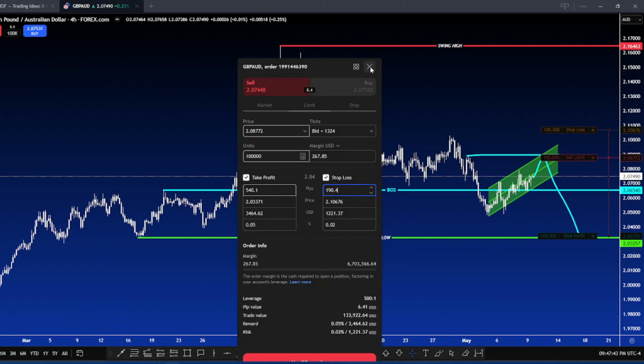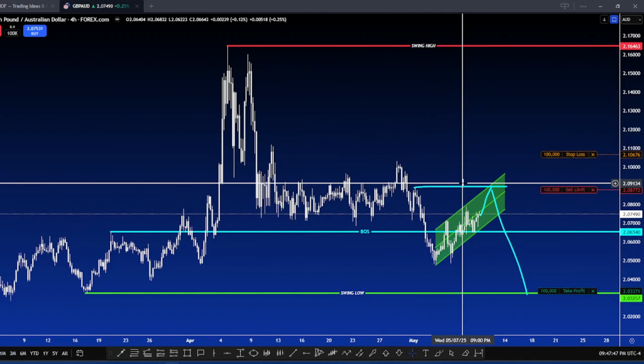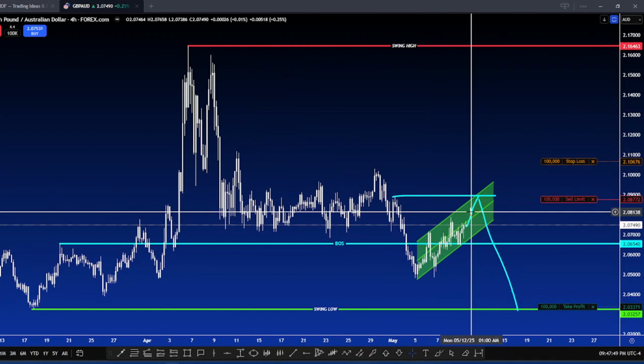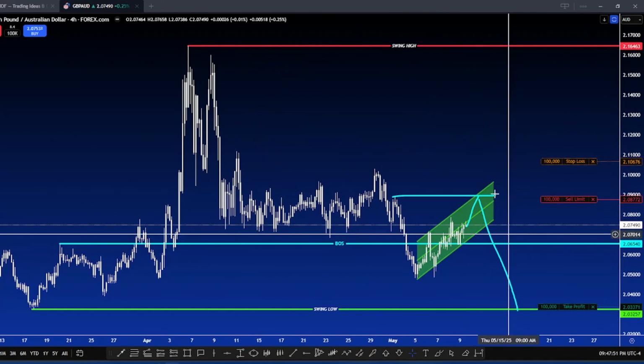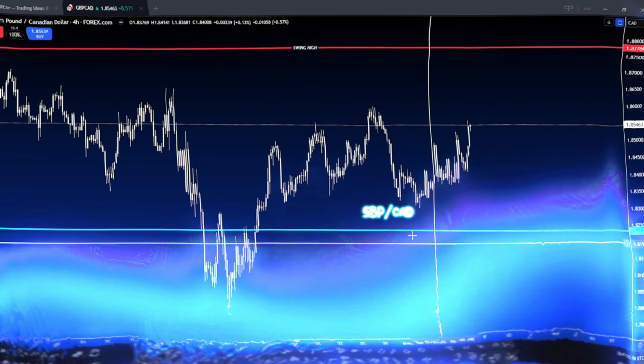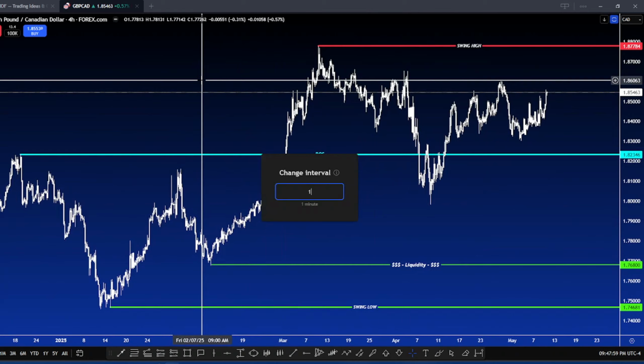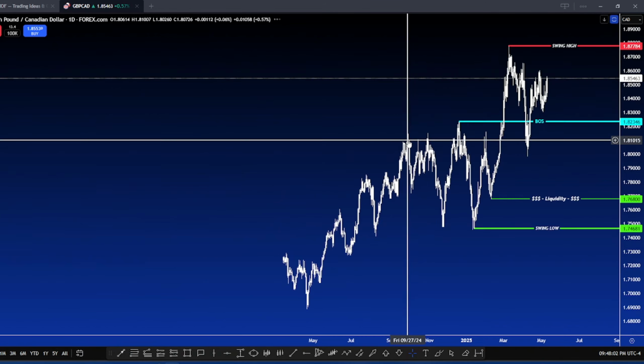So just know that. All right, but it helps you take advantage of a major setup that can give you a lot of pips. All right, so pound AUD bearish. Right, moving over to pound CAD, and it's very mixed right now. I can't really determine